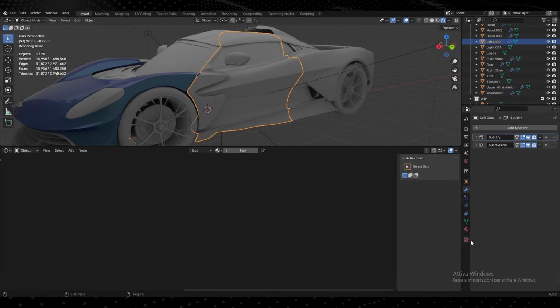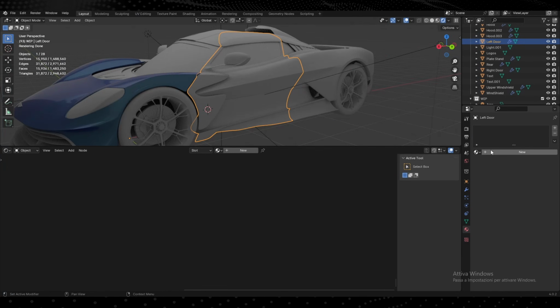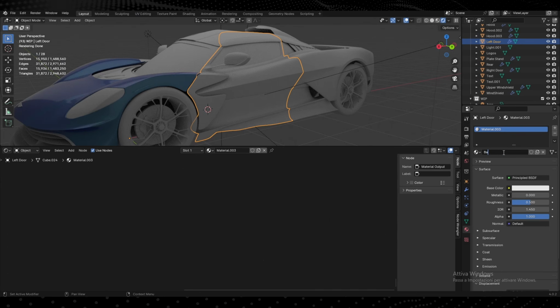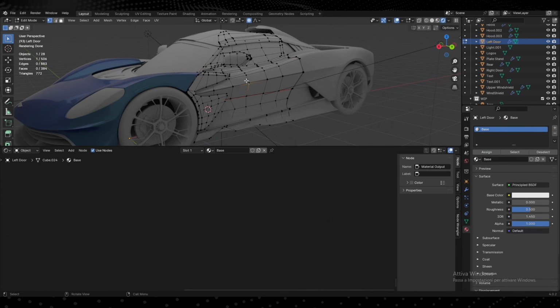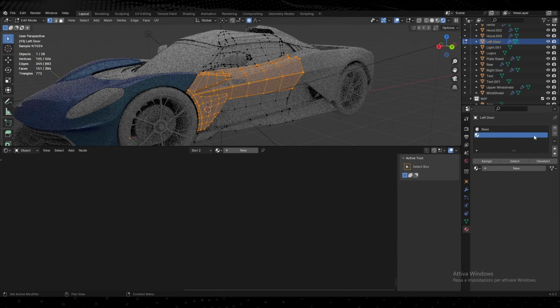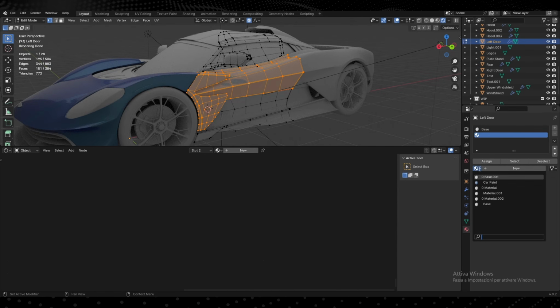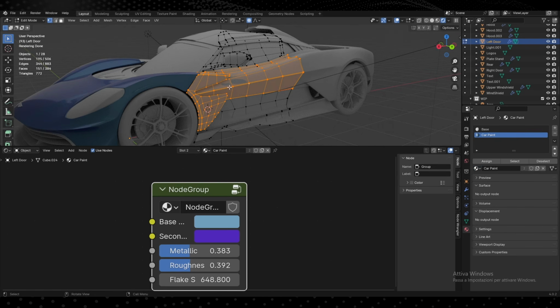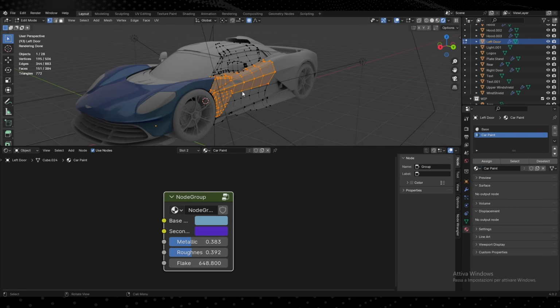Now that we have our paint material, we have to apply it on all the parts of the car. To do that, just select one part of whatever object you want to color using L for linked parts, and create firstly a base blank material here in the Material tab on the Properties menu. Then create another material and select your car paint material from this drop-down menu to link this material to the